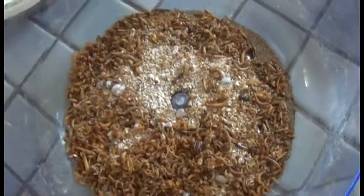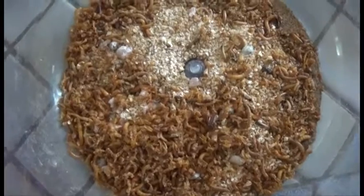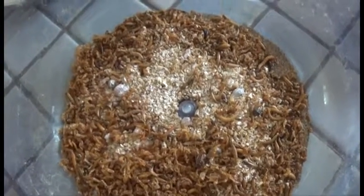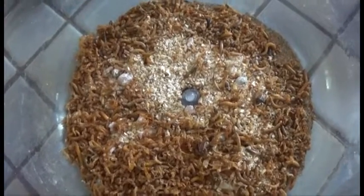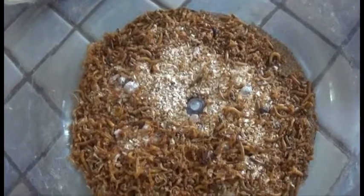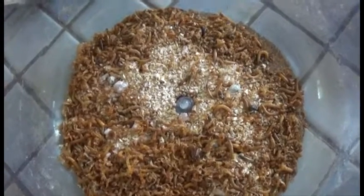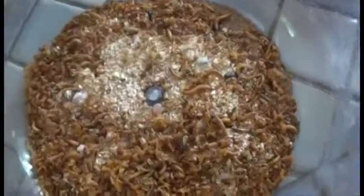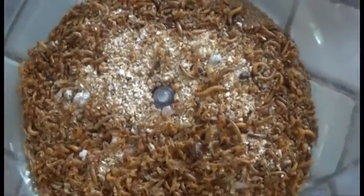Currently what we have here for properly feeding your mealworms is, first off, give them the dry food first, because once you add the wet food, such as apples or carrots, they tend to flock to that more. And then it kind of gets icky by having all the wet stuff in with the dry stuff for longer periods. So it's better to have the mealworms cover the top of the dry stuff first, so that once all this part is gone, because I actually put this in about 10 minutes ago,